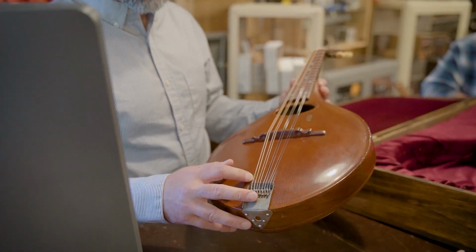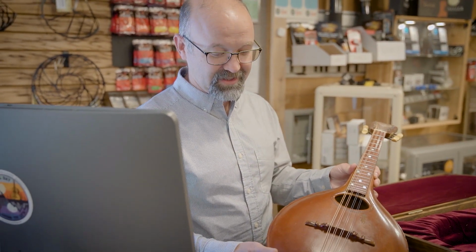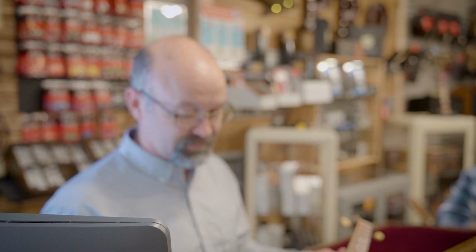That's something I noticed when we first got it in. You could see where the strings once laid on the top of the mandolin because it's got marks for all of those. So it probably had quite a bit different tailpiece, like a little shell tailpiece, a one-piece tailpiece that the strings actually came across, and I felted the bottom side so it wouldn't rattle against the top. But the fact that it's a cedar top, with walnut back, sides, and neck,